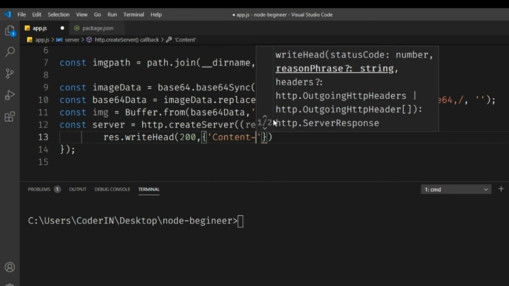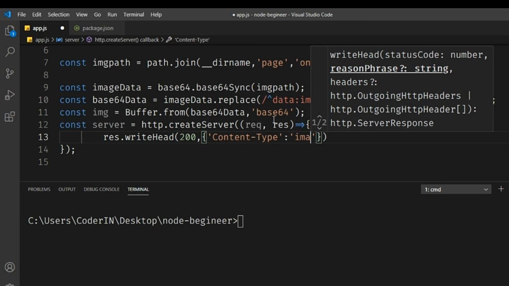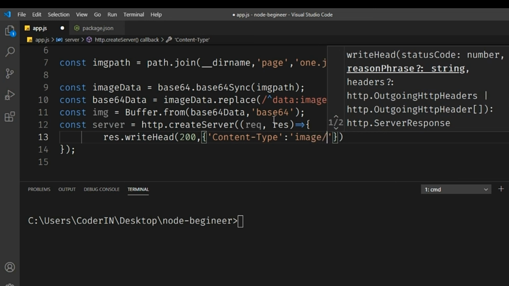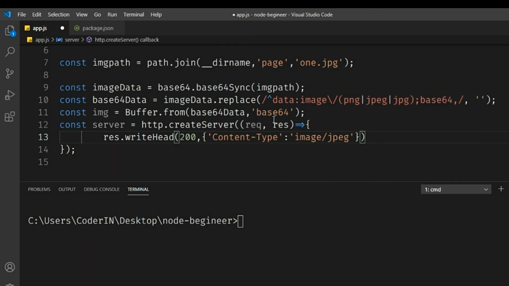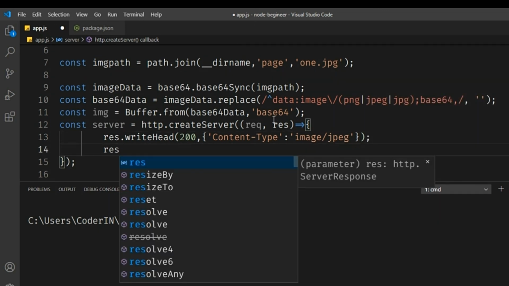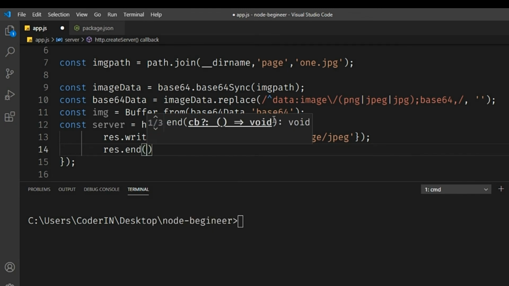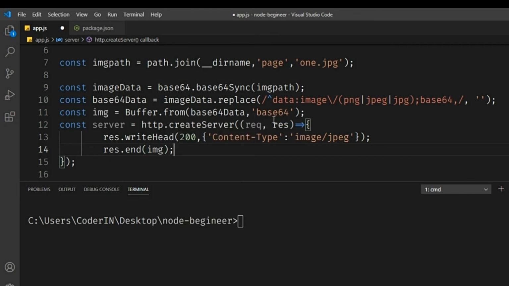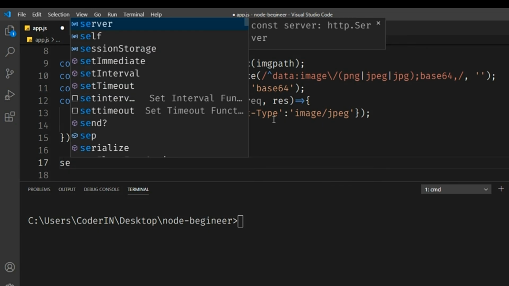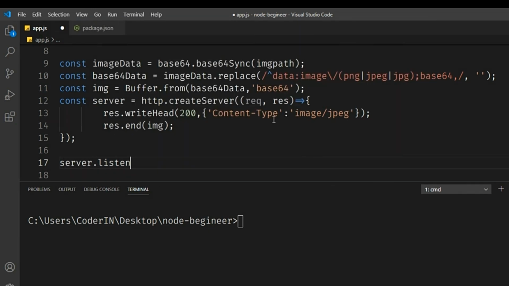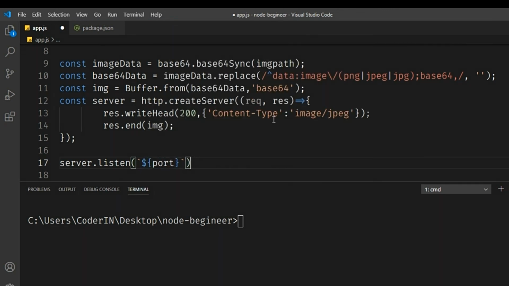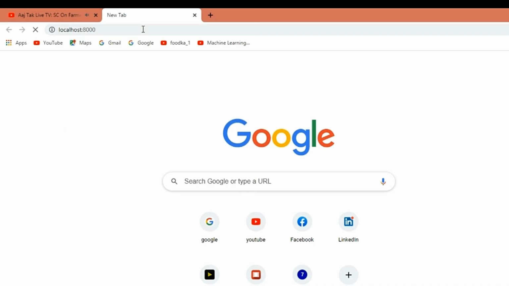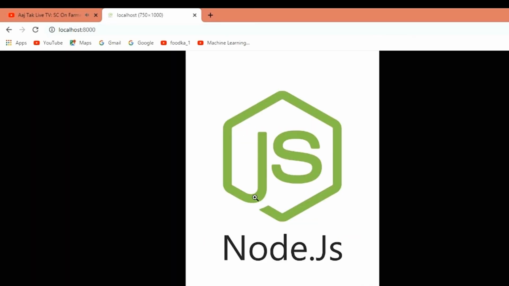This will be the content type, and here it will be image/jpeg. Now we're ending the response with that particular image, that is img, which we created above, and we are instructing the server to listen to the user defined port. Now it's already done. Let me run this. Node app.js. As soon as I hit it, you can see the image has been